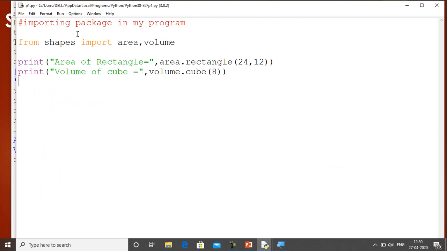Okay, I have created a package, and in that package I included two modules. One is the area and the other one is the volume. So after creating those modules in a package, I can simply access all the modules by writing this line: from the name of the package, and then the import statement, we use the modules which I want to include in my program. So I have to specify the name of those modules, right? This is basically the benefit of making a package, that through a package we can include multiple modules in our program just in a single line.